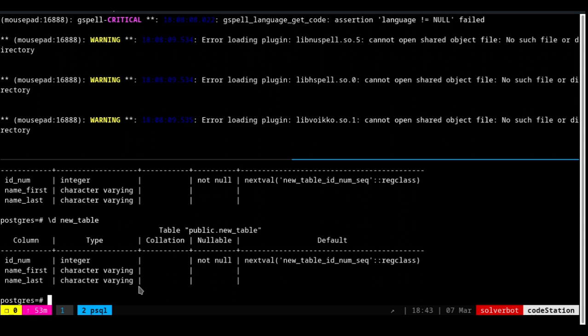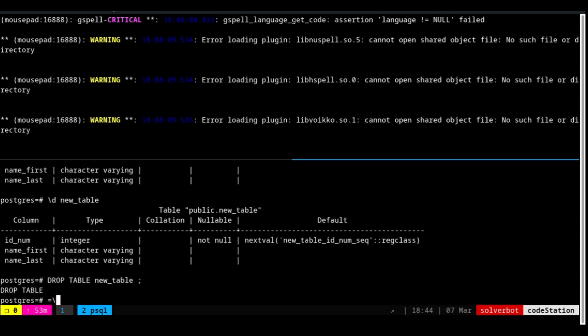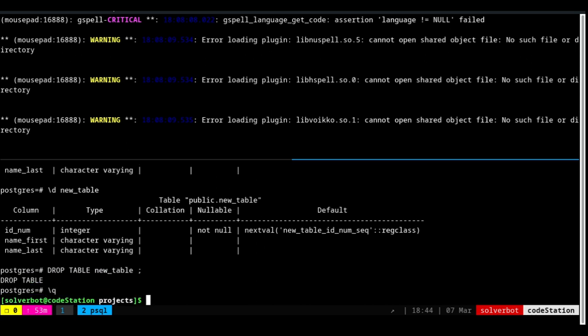Okay, you saw how to input the data into Postgres manually. Now we are going to drop the table promptly, because we are going to work with lots of tables. So let us drop the table, and I am going to quit. Look at this part of the video again if you have questions. Now what I'm going to do is go into the SQLAlchemy